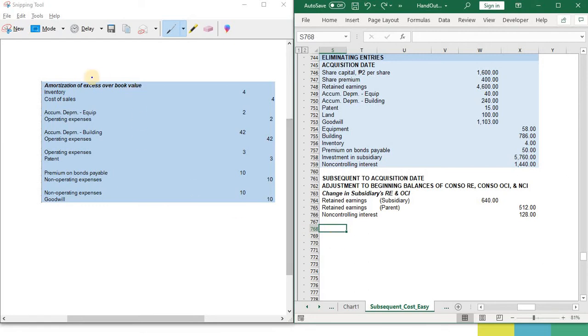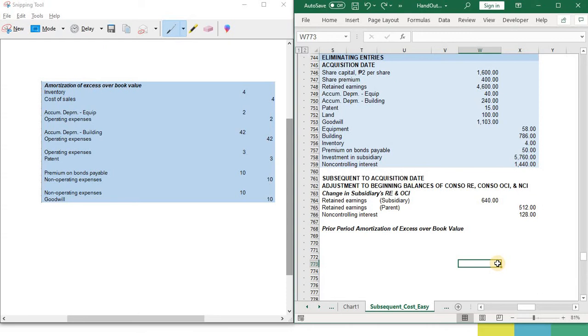However, the nominal accounts for the prior year period will not be recorded again under the nominal accounts for the current year period. Instead, the nominal accounts will be replaced with the retained earnings and the non-controlling interest. So for the prior period,